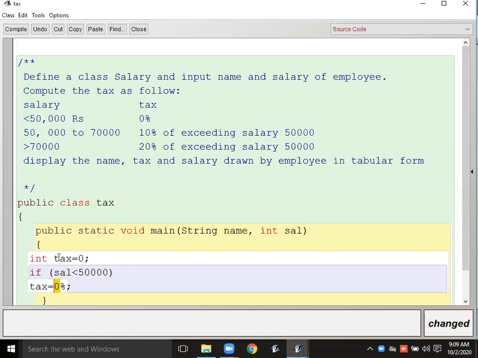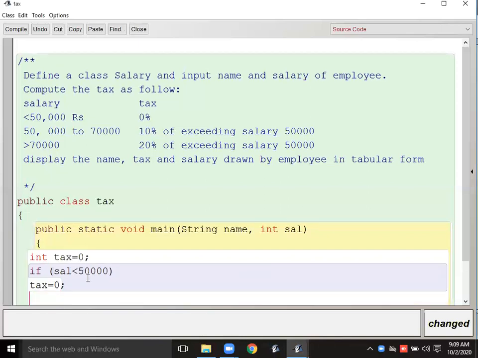Integer literals 0 only, not 0%. Okay, so if you are writing 0%, it means it is wrong. It will give you an error only, nothing else. Okay, so 0. Then after it, second condition I'm going to create in the else.